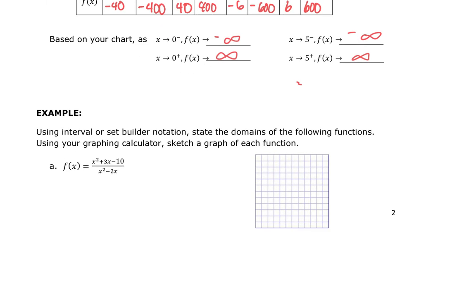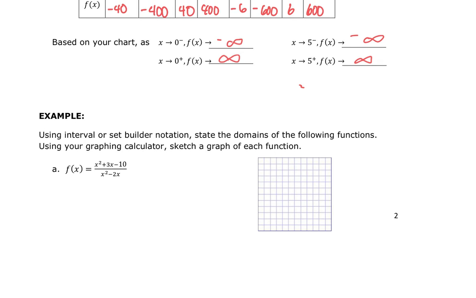So on this, they're asking me to state the domains and then, using your graphing calculator, sketch the graph of the function. The first thing I'm going to do is ignore the numerator, because I don't even care if factors cancel at the moment. When I'm looking for my domain, I factor the numerator and factor the denominator, but I'm mostly concerned about the denominator first and foremost. So we'll go ahead and factor the numerator, even though I just said I'm not going to, because I'm going to have to at some point,